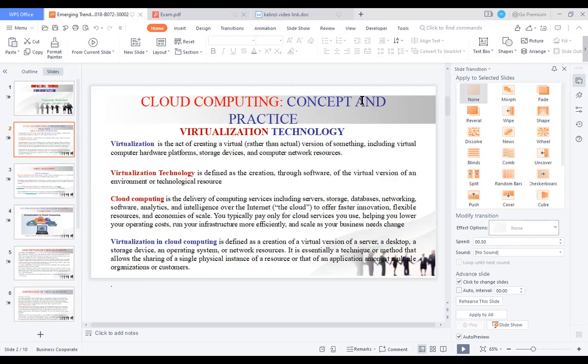Because cloud computing brings every kind of service which enables the computer or user to control and perform the task.